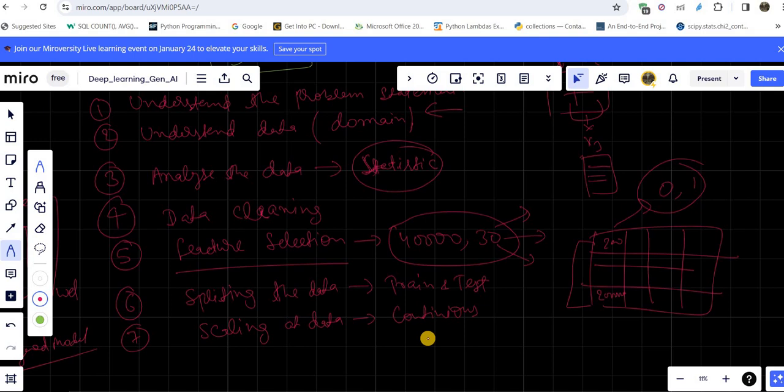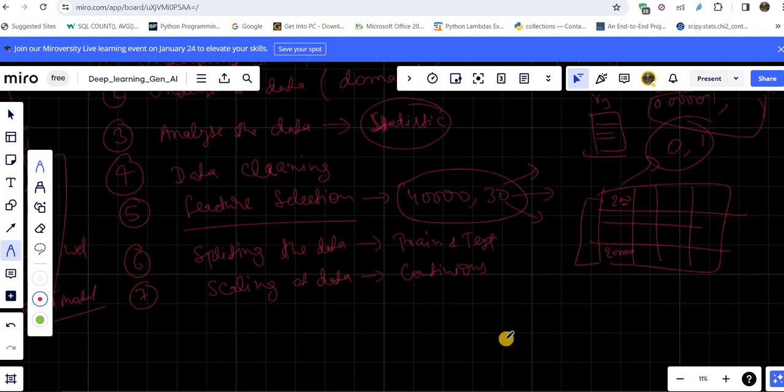Because see, there is a difference between 200 and 2 crores, so it can be the difference between 0.000001 to 1. Still the difference is the same. Okay, but I will scale it in between, because the models work well when the data is scaled to one unit. Okay, so this is how.